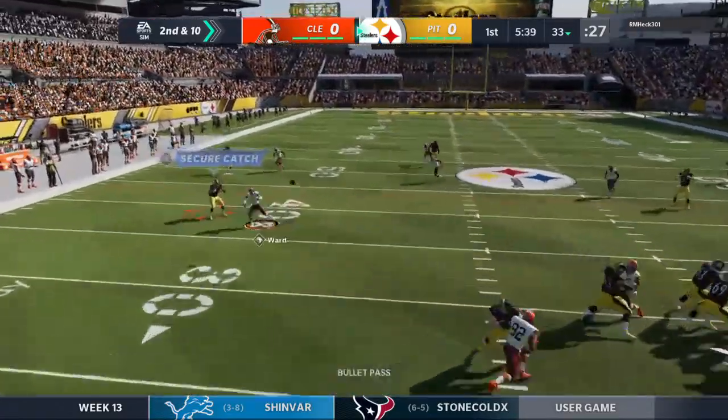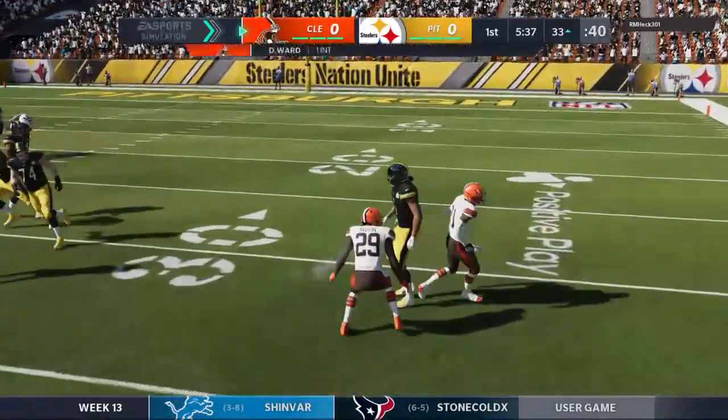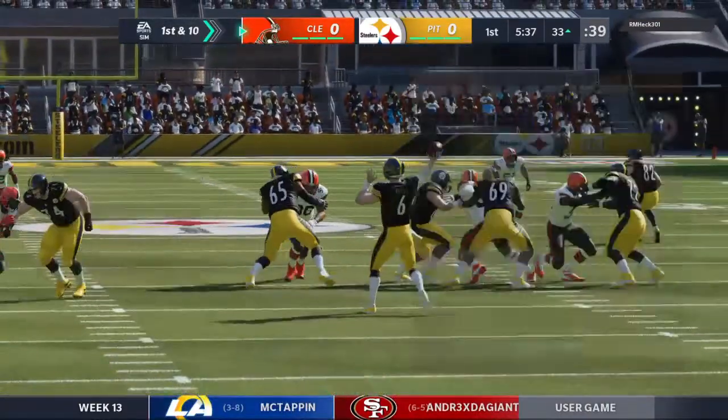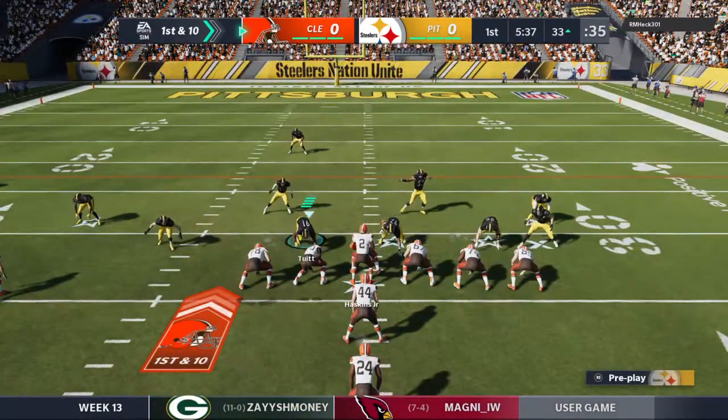Back to the air on 2nd down. Rhodes. He rifles one that's intercepted. Picked up by Denzel Ward. And they have the football and will set up shop at the 33-yard line. 1st and 10. Well, if you go by the numbers, you'll find as the temperature goes down, so does the